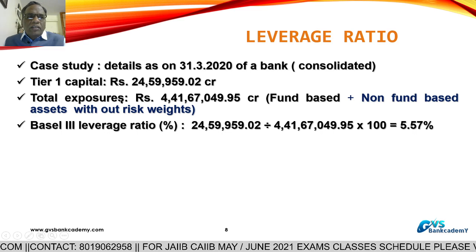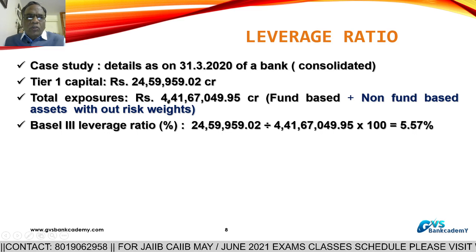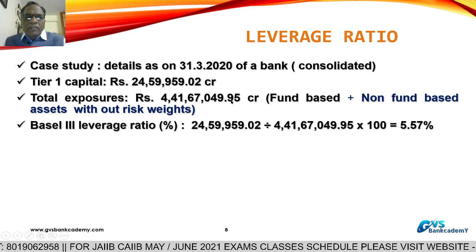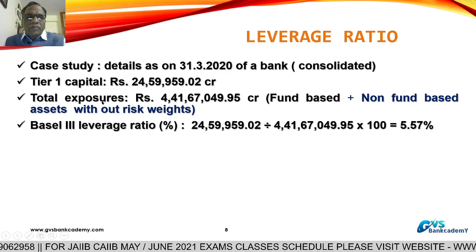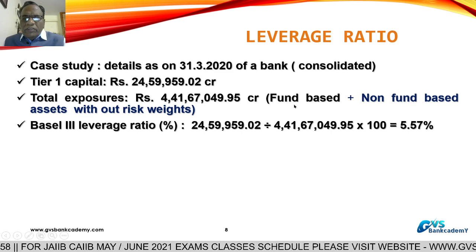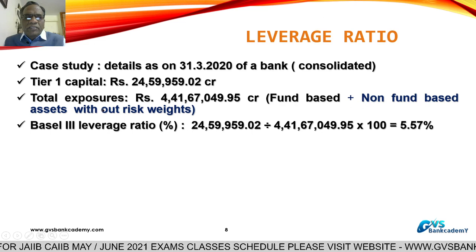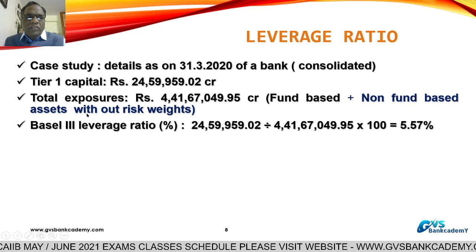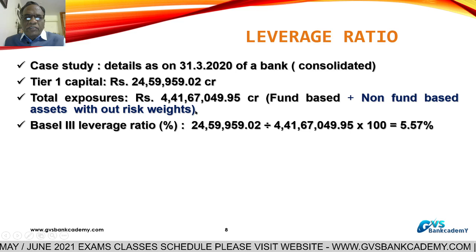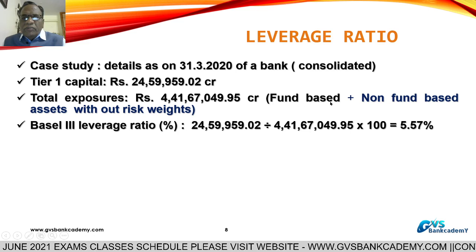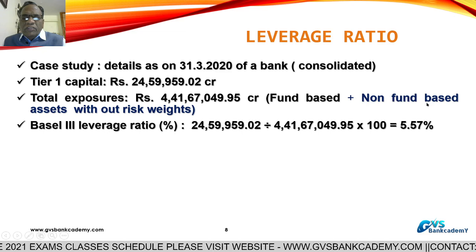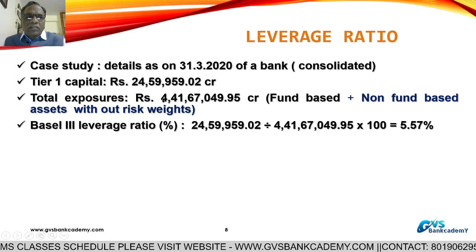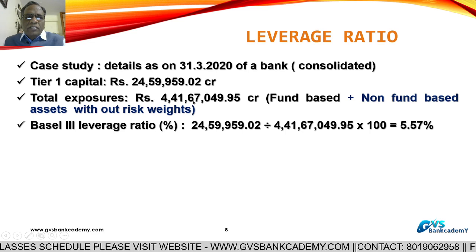Then total exposure of the bank is 4 crores 41 lakhs 67,049.95 crores, the total exposure of fund based and non-fund based. Fund based from the balance sheet, non-fund based assets. By applying credit conversion factors, we are converting from non-fund based to fund based without risk weights. In the fund based advances, we are not applying risk weighted assets. In non-fund based advances also, we are not applying any risk weights. So the total exposure is 4 crores 41 lakhs 67,